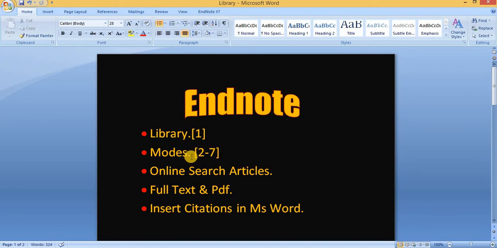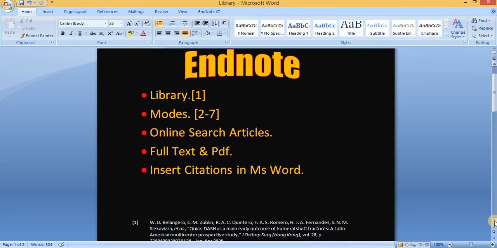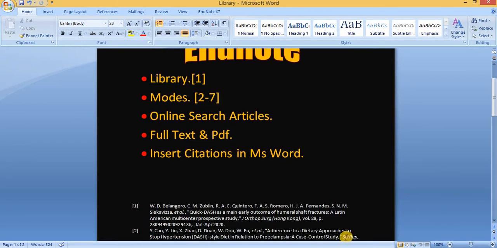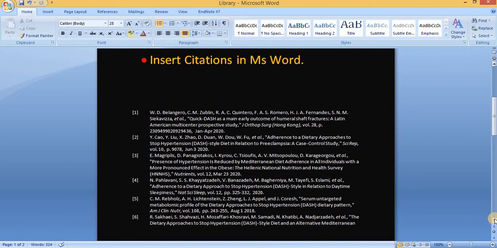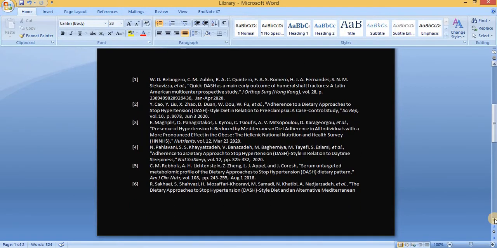Here I placed my cursor, so here we can see there are 6 articles referenced. On the last page, we can see its references, its bibliography.